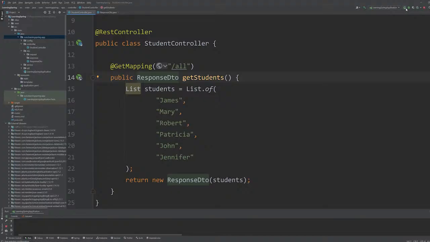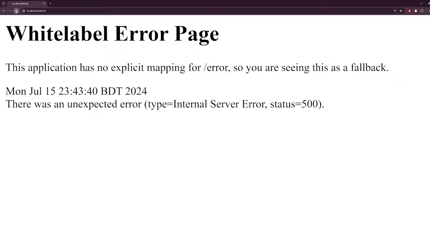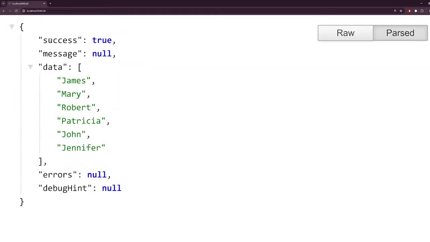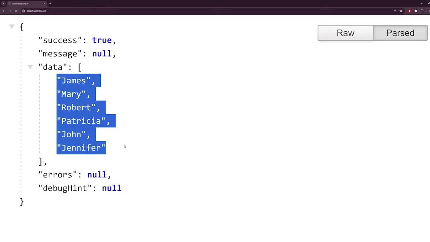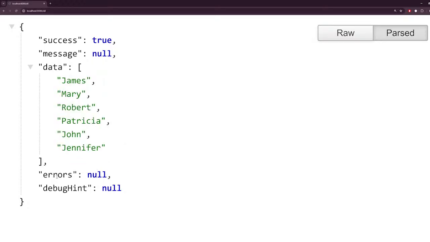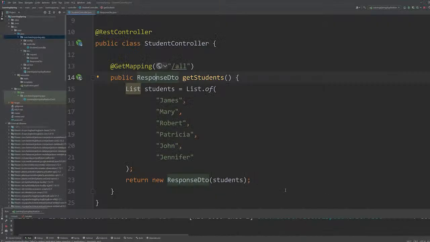If I run this controller and check out what it is returning, we'll have a better understanding. I've run our project and clicking on refresh, and we are getting success true, no message, and we're getting the data as a list of students and null value for other variables. Okay, this is fine. This is when everything is working fine, but sometimes things get out of our hand and